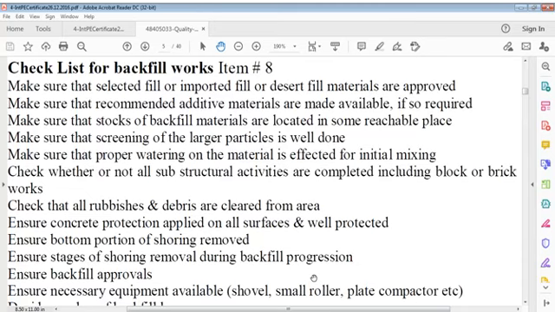Proper watering on material is effective for initial mixing. So check whether or not all substructural activities are completed, including block or brick works, before starting backfill. You have to check. Not only do you have to start backfill, you have to clear,